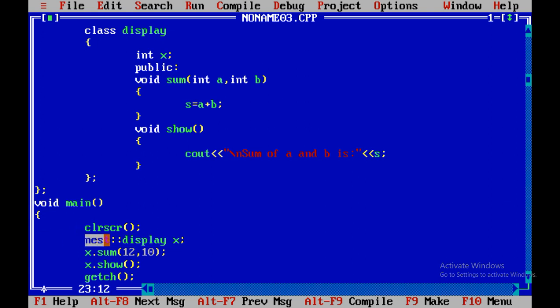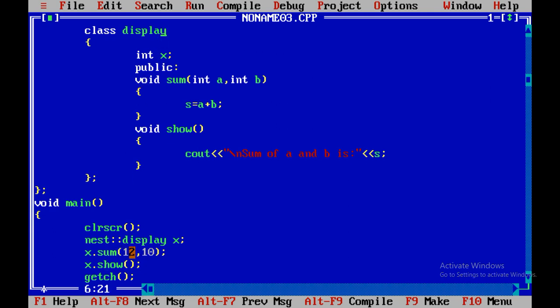Say for example nest, then scope resolution operator, and then display. So nest is an outer class. After scope resolution operator, you need to write the name of inner class and then name of the object. Now with the help of object x, we are able to access sum method as well as show method of display class.